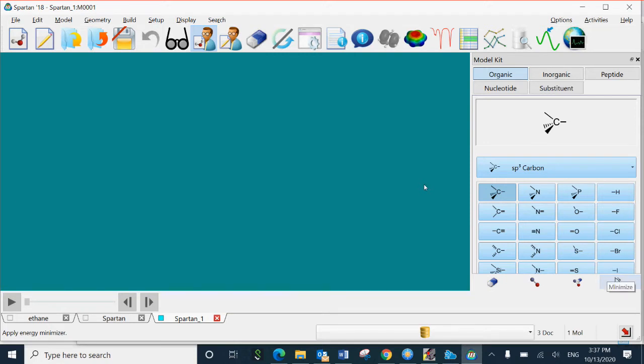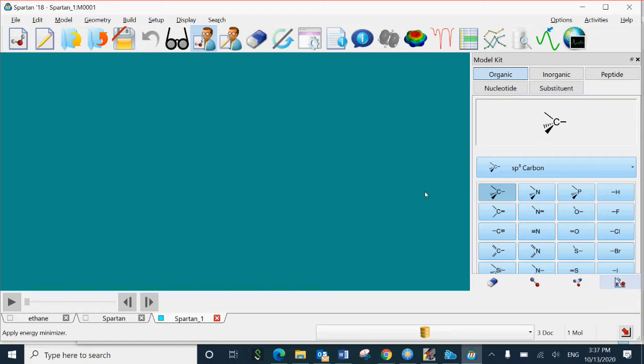For each of the different conformations you will make, you will find the dihedral angles and the energy associated with the different conformations. All this is given clearly in the procedure. I will just go through the procedure, so that it will be helpful for you to make your own models.